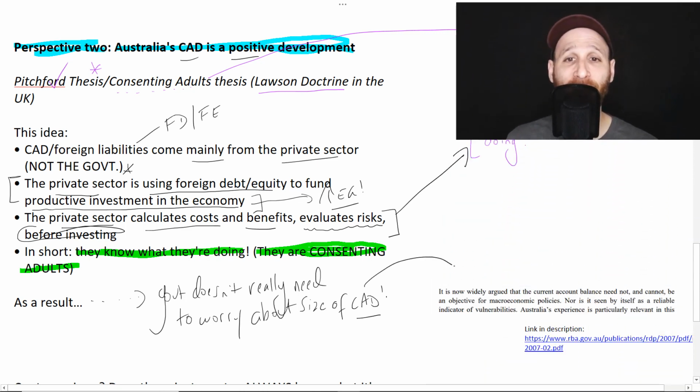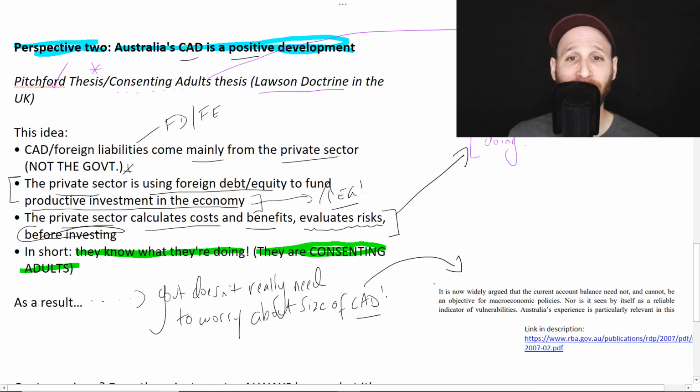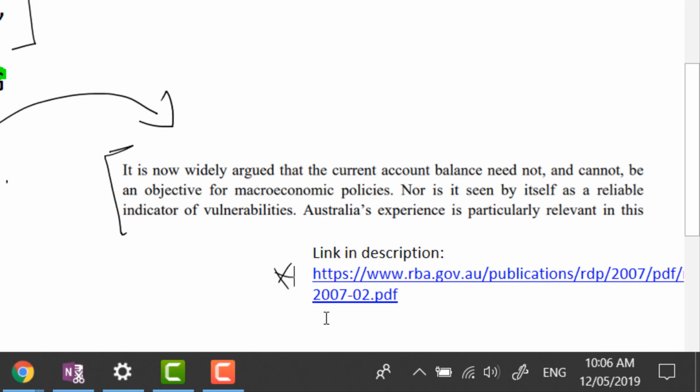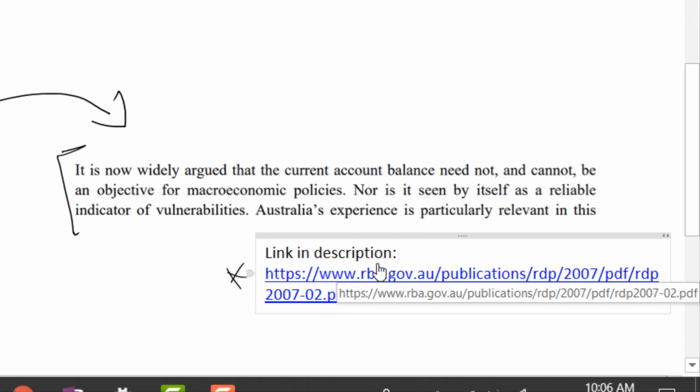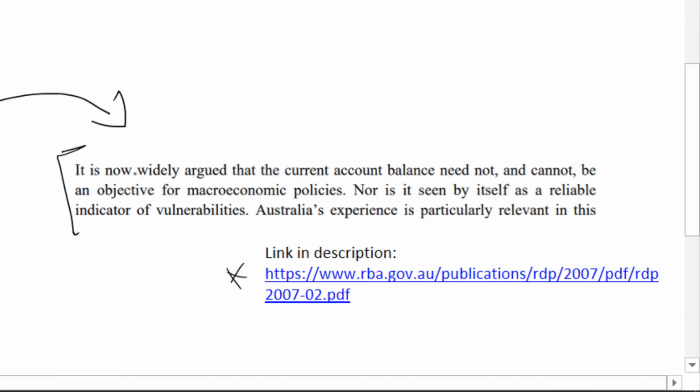Now, I didn't make this up. What I've included here is an excerpt from an RBA discussion paper, and I'll put the link in the description. The excerpt here said, it is now widely argued that the current account balance need not and cannot be an objective for macroeconomic policies. That the current account balance is not something that the government sets out to try and change in its economic objectives. The RBA continues, nor is it seen by itself as a